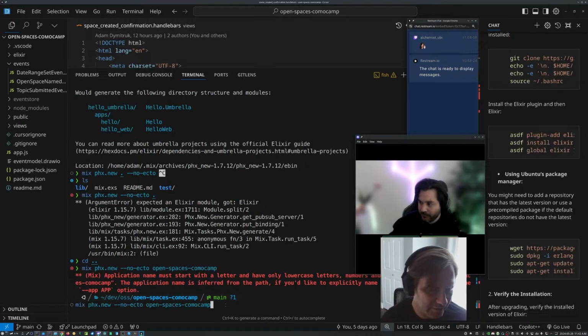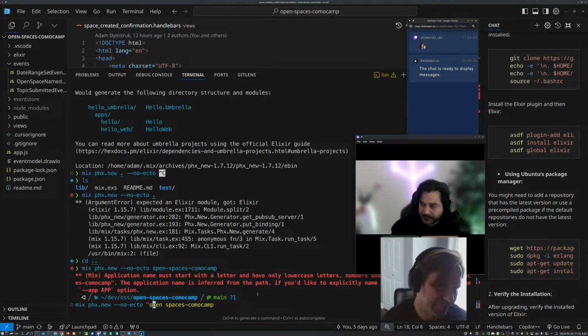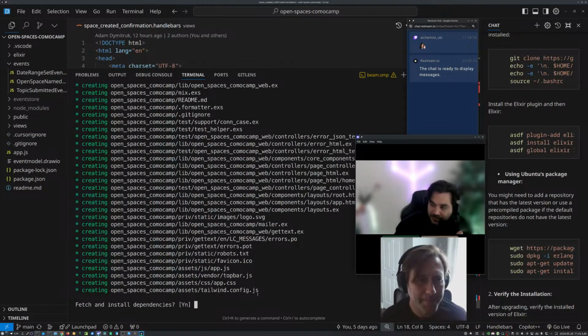Does it mean I have to put it in quotes and make spaces in there? No, read the entire thing, because it's telling you it has to start with a letter and only have lowercase letters, numbers, and underscores. Okay. You could have a different application name, but you have to follow the rules.